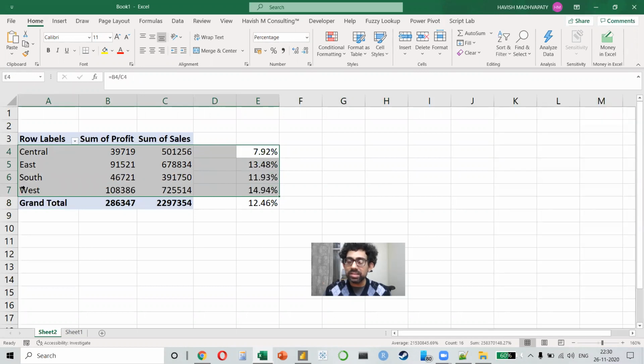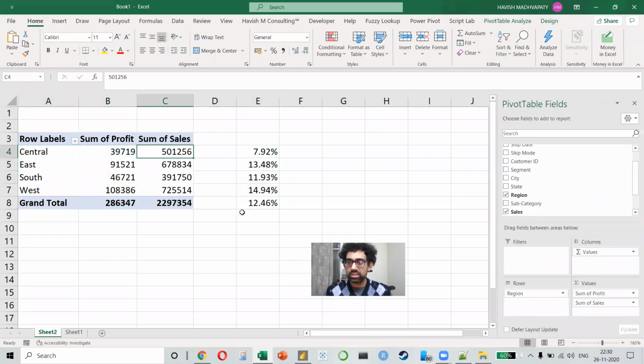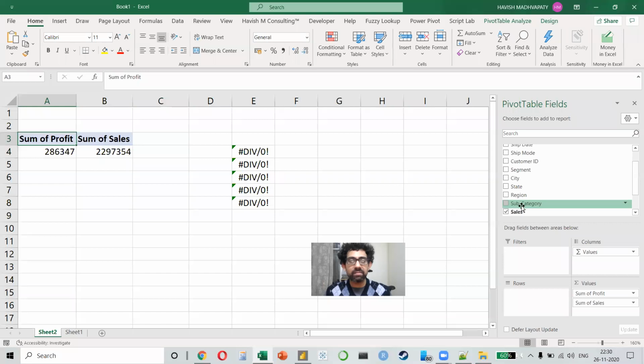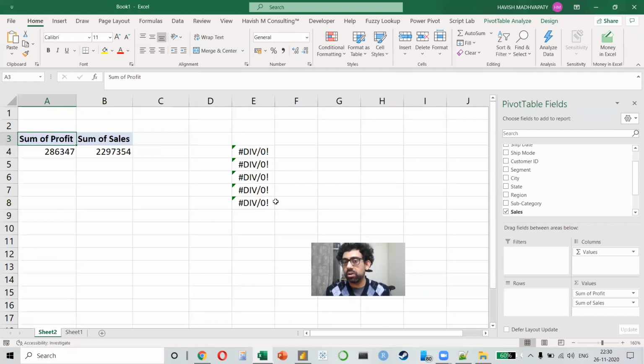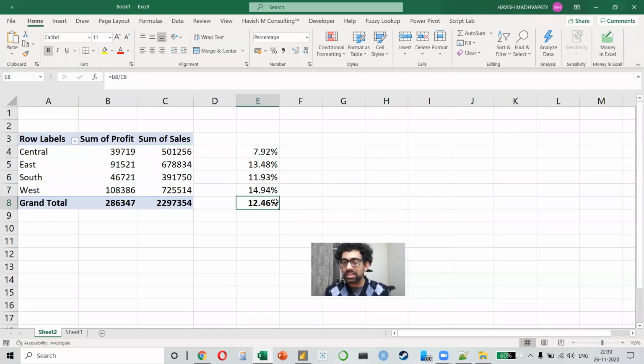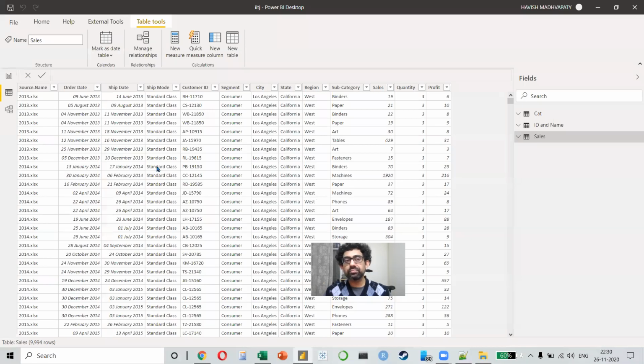Now, the problem is that all of this is manual work. Like you have to make a pivot, write a formula, copy paste the formulas. And the problem is anytime something changes, for example, if I remove my region and put my subcategory, then the formula doesn't get copied. Then I again have to copy it. It's not really the most efficient way. Like I can do it if I want to, but I wouldn't want to. So how do I get this number? Using a formula for a data model, which I want to do directly on Power BI. Let's watch.